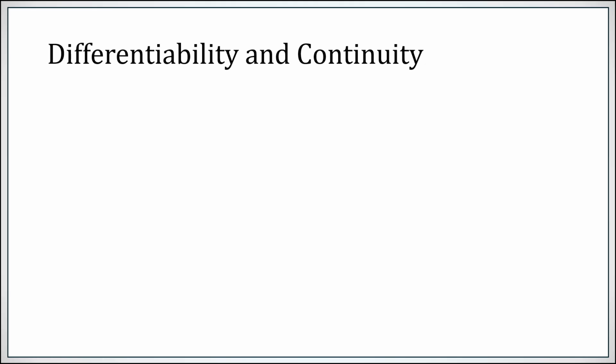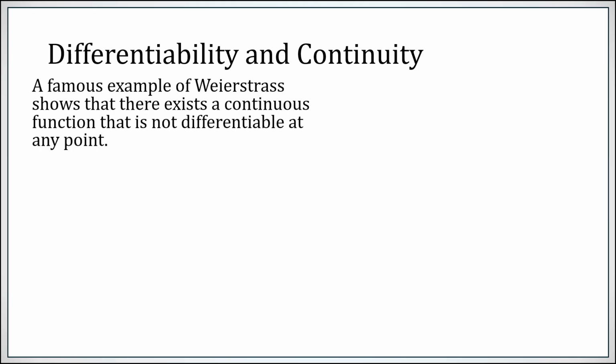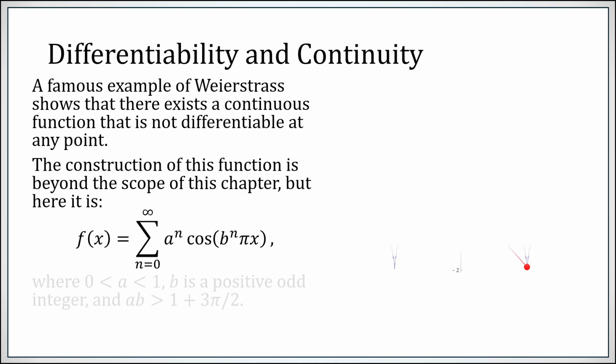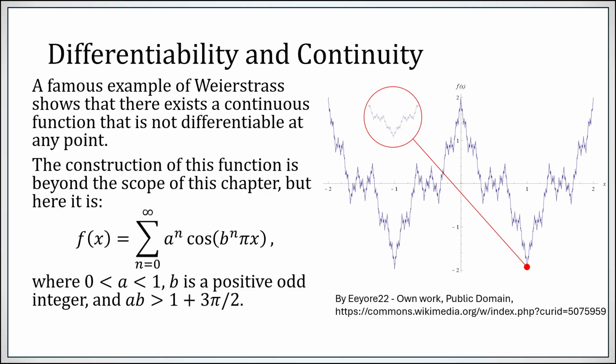Let's talk about the relationship between differentiability and continuity. So a famous example of Weierstrass, the same one from Bolzano-Weierstrass, shows that there is a continuous function that is not differentiable anywhere. The construction of this function is beyond our scope, to be honest, but here it is. It is constructed through a series, a to the n times the cosine of b to the n pi x, where a is between 0 and 1, b is a positive odd integer, and the product ab must be sufficiently